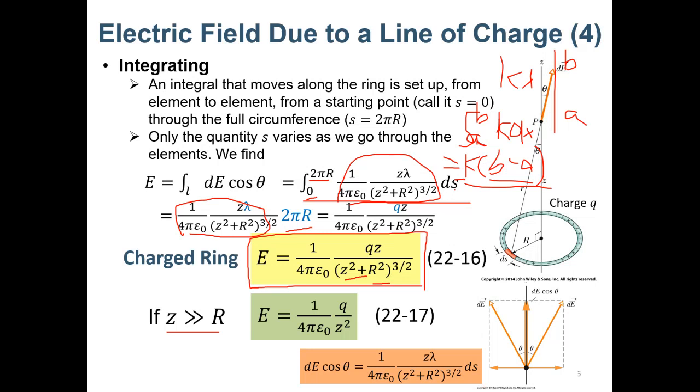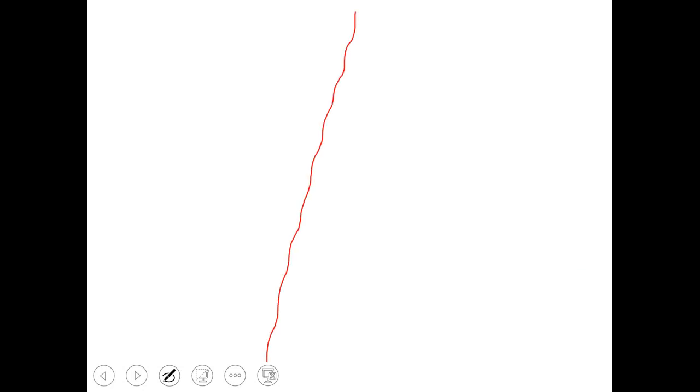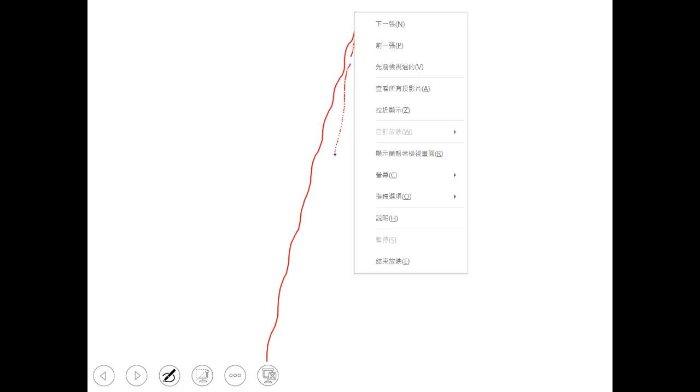So that z squared plus R squared is similar to z squared. Something like you have a very, very long